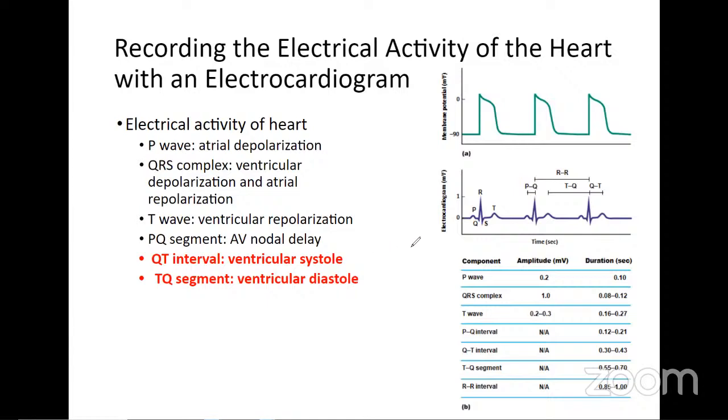Okay. So what is happening between P and Q here? This is basically the AV nodal delay. So this is how long it takes for that charge to spread and then pause as it's going from the sinoatrial node to the AV node, which is what leads us into the electrical signaling in the ventricles. Overall,